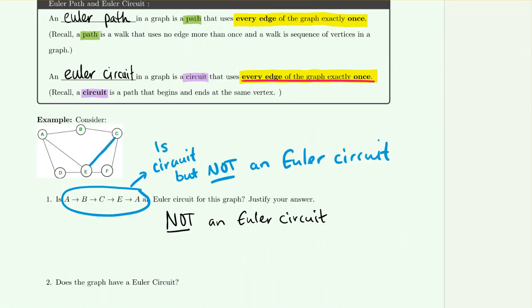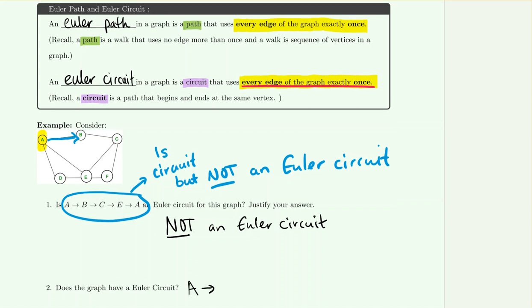Next, we're asked in general, does this graph have an Euler circuit? Let's try to find one, if there is. So let's say we just start at A. Suppose from A we then go to B. Now there's one thing that I want to draw our attention to. This graph does not have an Euler circuit. And the reason that I'll try to show here is if we start at A,